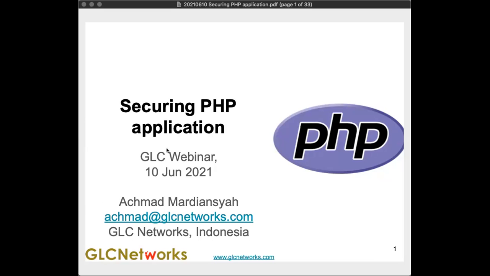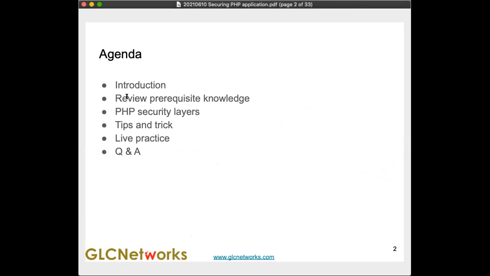Okay, yeah, so today we'll be talking about the topic here, securing PHP applications. Okay, so here is the agenda. We'll be talking about the